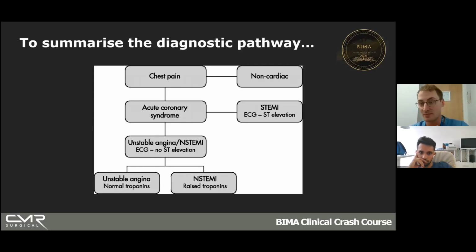So you do a troponin. An NSTEMI has high troponin, and unstable angina has normal troponins. Lovely. So that's how to spot ACS. Are there any questions before we go on about how to treat ACS? Because that was quite a lot of info, I appreciate. But the main principles are the important things to understand, not the exact values.